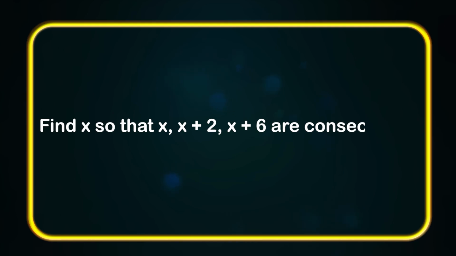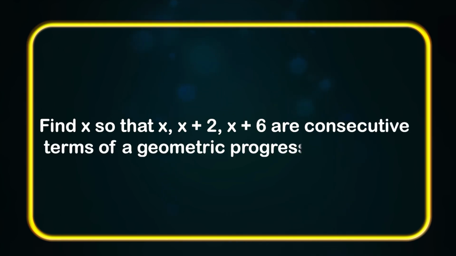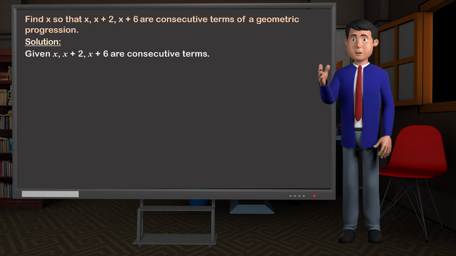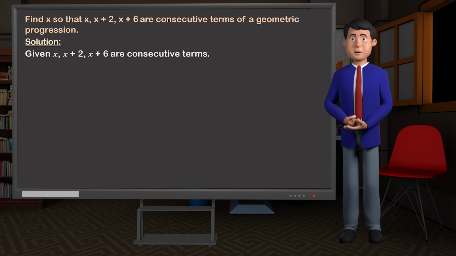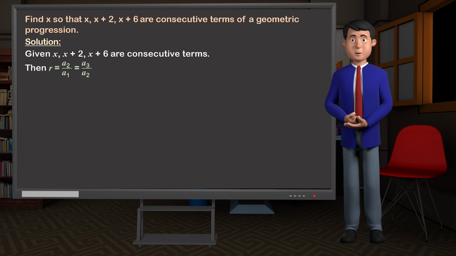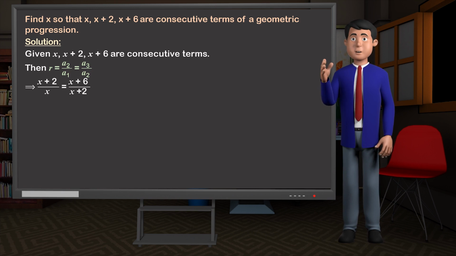Find x so that x, x plus 2, x plus 6 are consecutive terms of a geometric progression. Solution. Given x, x plus 2, x plus 6 are 3 consecutive terms, then r is equal to a2 by a1 is equal to a3 by a2, which implies x plus 2 by x is equal to x plus 6 by